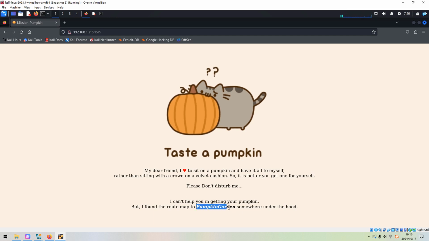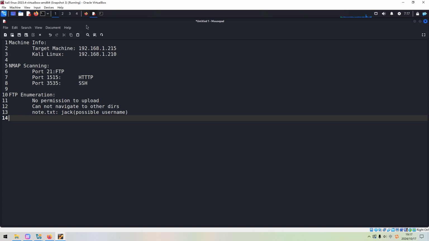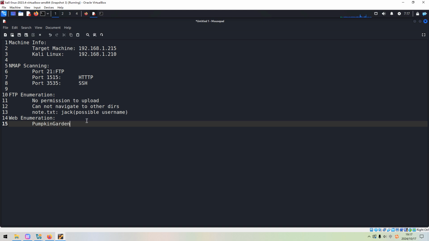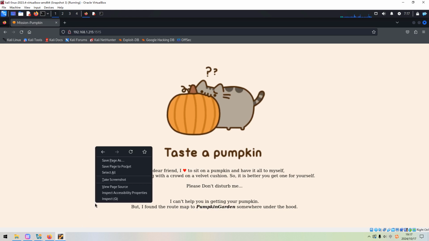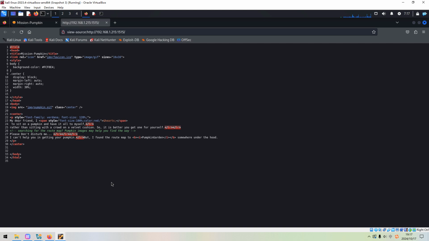So maybe this one, because this is stressed by bold font, we can copy and note it down to our notebook in case we need such information in the future, okay? As usual, we need to check its source code by right-clicking the mouse, and there is one comment: searching for the route map, and the pumpkin images may help you find the way.